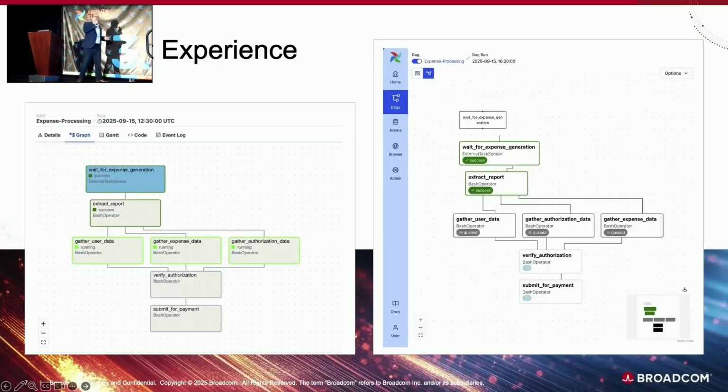Again, in Airflow 3, if you're using sensors to monitor and track cross-DAG dependencies, Airflow 3 gives you a fantastic view of that cross-DAG dependency. You're actually able to visualize that there's an external task that a sensor is waiting on. What it doesn't do is give you the visibility above that sensor.